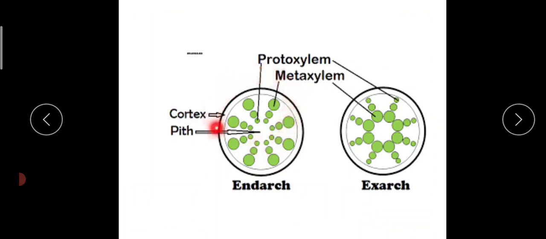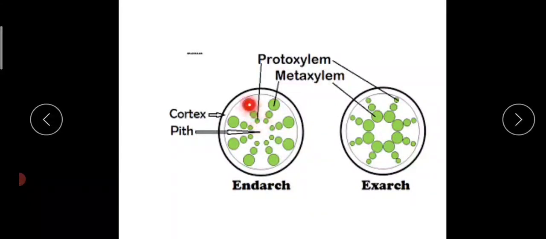Here in this figure you can see metaxylem, and these are a single bundle. Here protoxylem is towards the center and metaxylem is found towards the periphery. First formed xylem is protoxylem, so it is found in the center, and after that it grows,